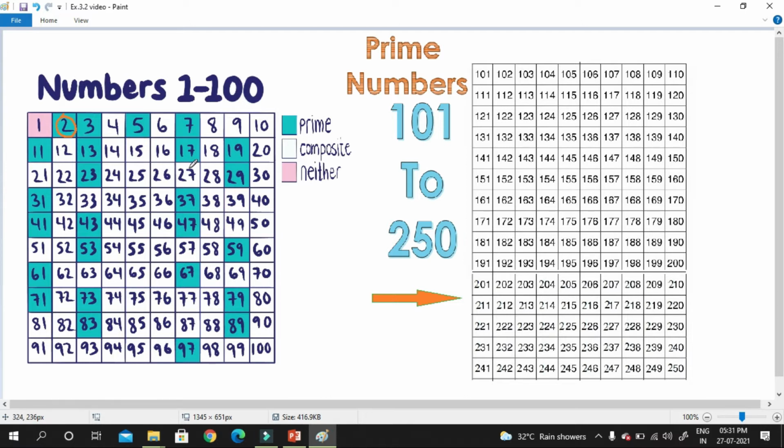In the same way, I am crossing all the even numbers from 101 to 250 in this chart. All the even numbers I am cutting down, so they are considered composite numbers.